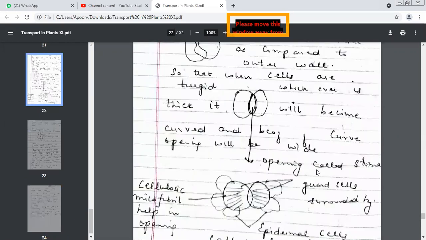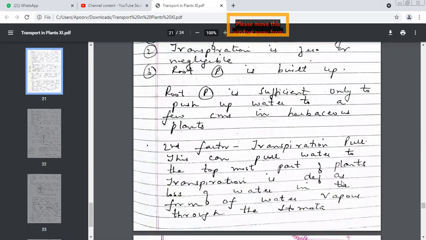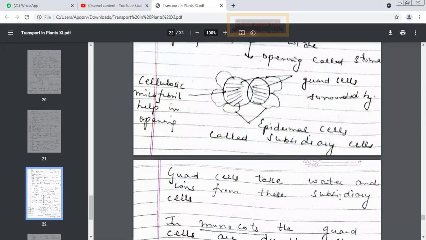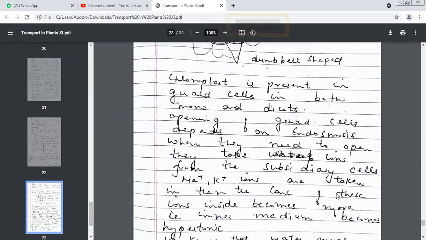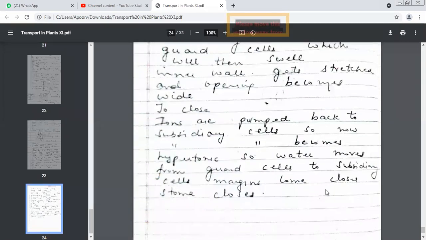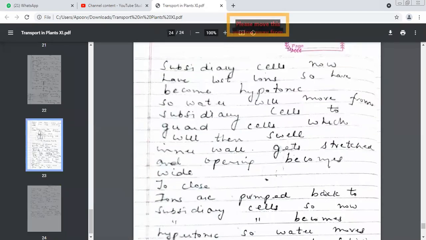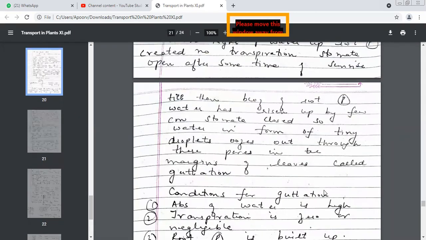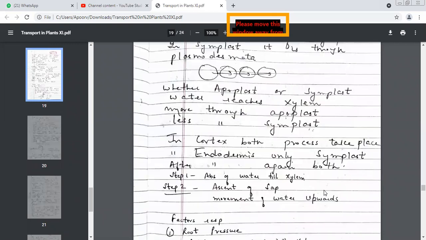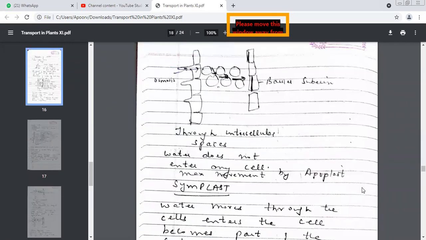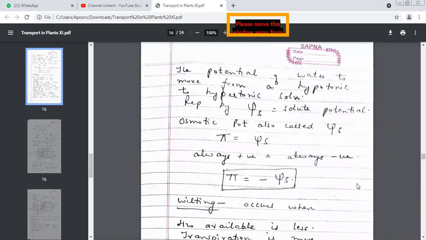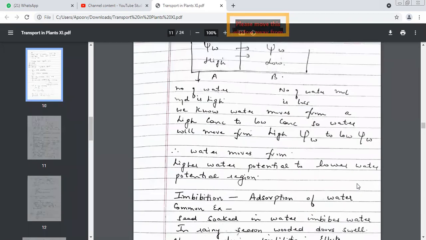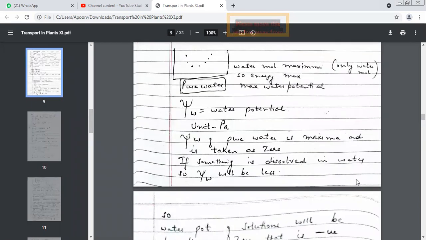Now I'm going to have a revision today, a bit, because only two things are left now. What is the difference between stoma and stomata? Stoma is singular, stomata is plural. Good. What are the three things which need to be transported in a plant? Water, minerals, and food. Good.